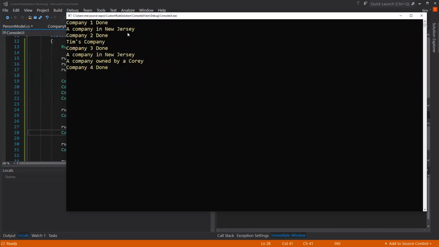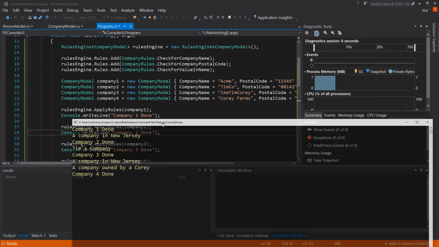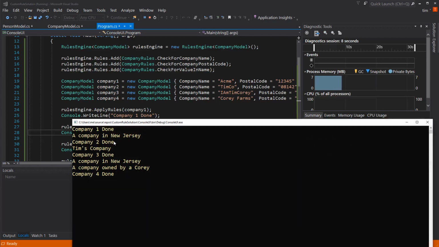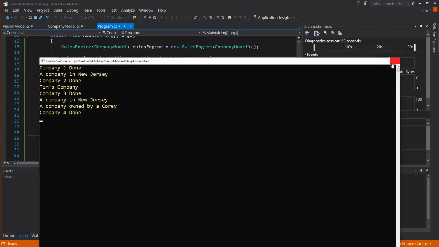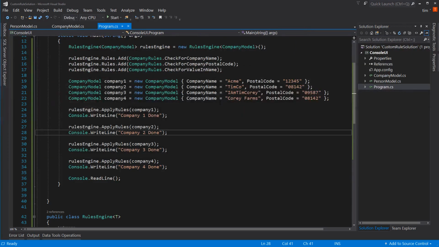A company in New Jersey is company 2, which that's in New Jersey. Yep. Tim's company, and company 3 is done. Yep, because I am Tim Corey. And then a company in New Jersey and a company owned by a Corey is company 4. That's Corey Farms. Okay, so we process those rules dynamically based upon